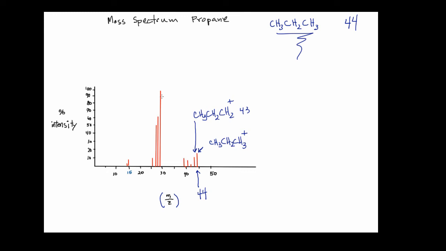Now let's get down here and talk about this series of peaks, which actually represents the largest fraction of particles in the mixture. So the electron beam pretty well blows this thing apart. The biggest peak here at 29 is going to be a molecule that has the following atoms in it. Right? It's going to be something like this. We see that there are 2 carbons in it, which is 12 for each. That's a total of 24. And then we're adding a total of 5 hydrogens, which is a grand total of 29. So this is going to be one of the largest fragments in the stream of particles,